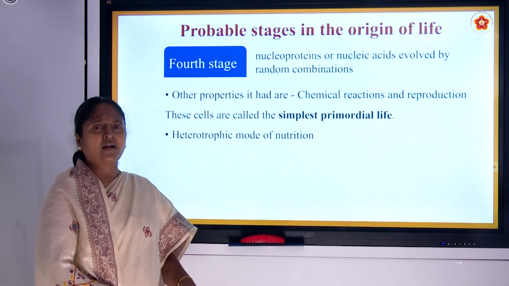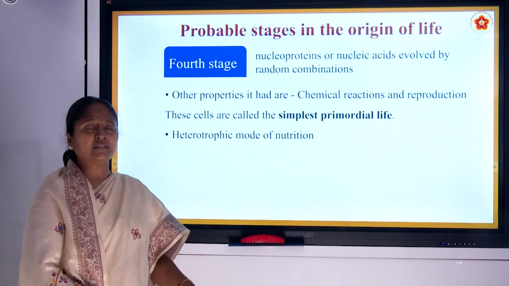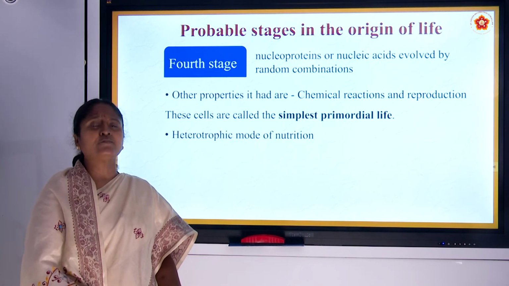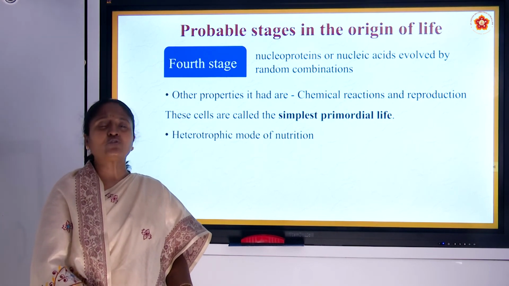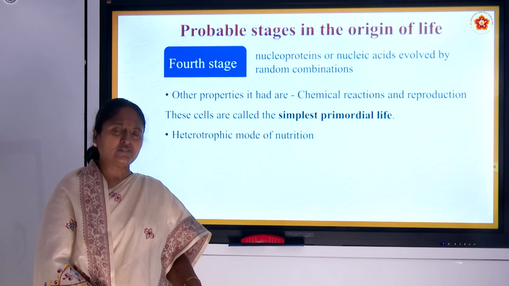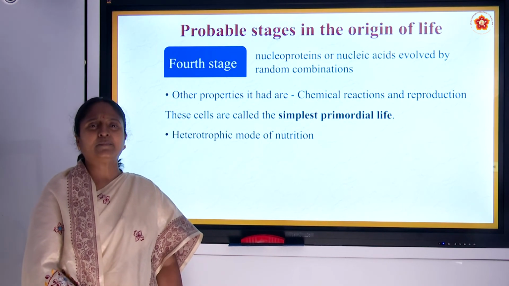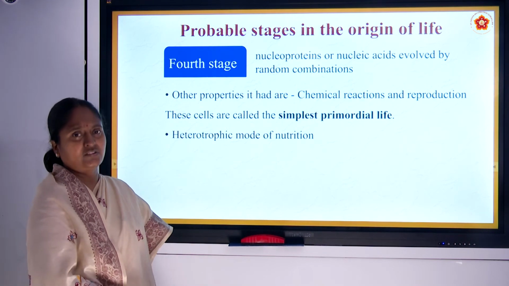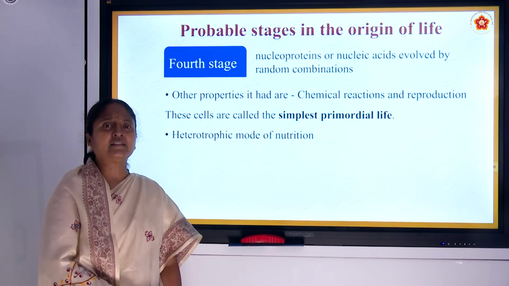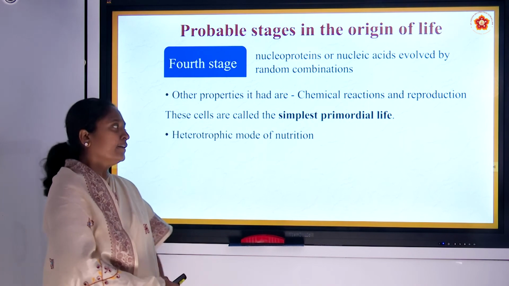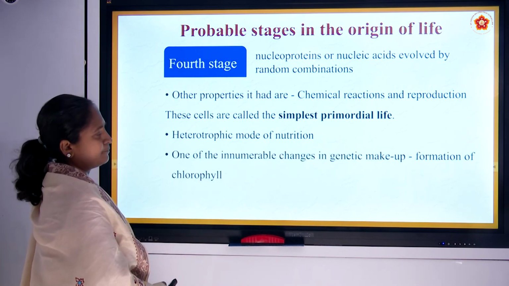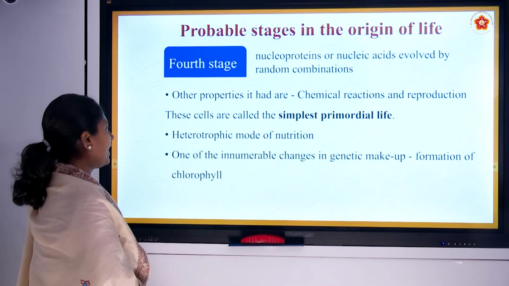So it depends on the other organism, other things which were present around it as food. Hence it is known as a heterotrophic organism. So the first organism which evolved on the surface of the earth is nothing but an animal-like creature. That is, it depends on other organisms for its food material, to satisfy its hunger.